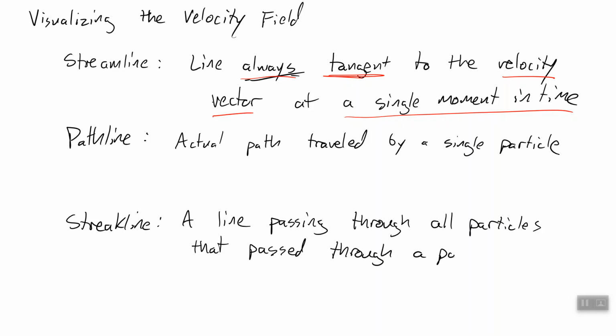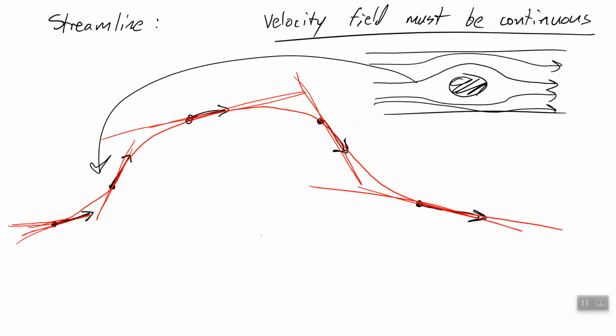Okay, so these are a little confusing because a streamline is specific to a single moment in time. You can only visualize a streamline for one moment in time because the velocity field can only be depicted at a single moment in time. Path lines are used to depict really what's happening to the velocity field over time if it's changing with time. So to visualize a streak line,